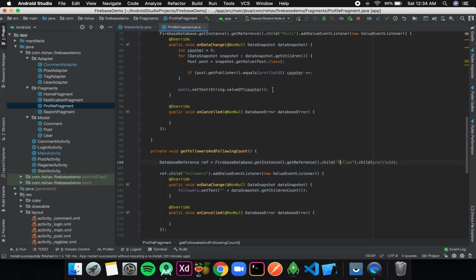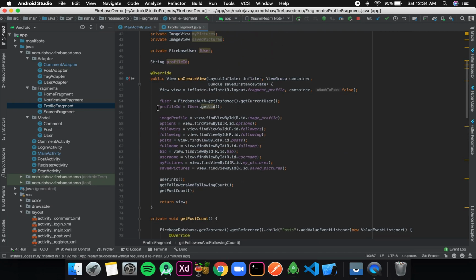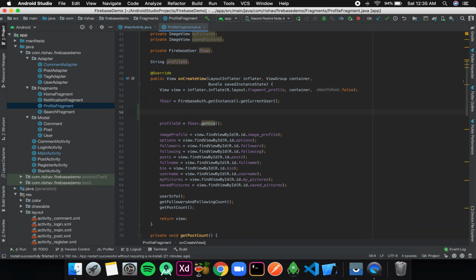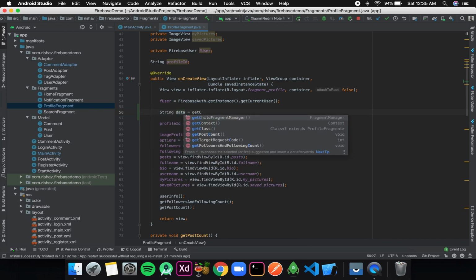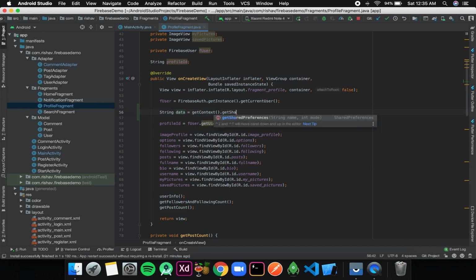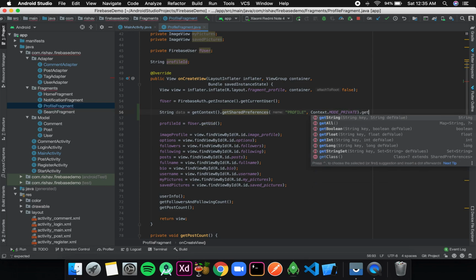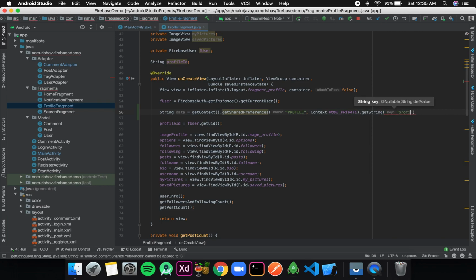So I'll go to the profile fragment, and over here where I am setting this profileID as the current user's ID, I'll write String data is equal to getContext.getSharedPreferences, and the shared preference name was profile, and the mode is MODE_PRIVATE. Then .getString, and the string was profileID, and our default value is none, inside quotes.